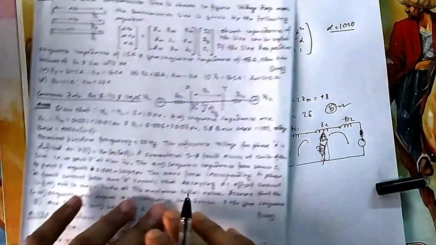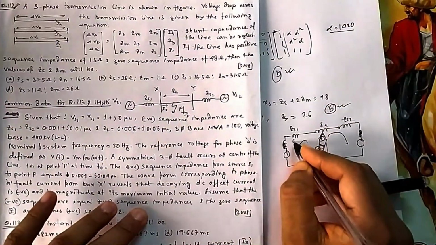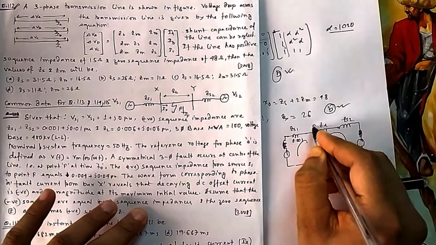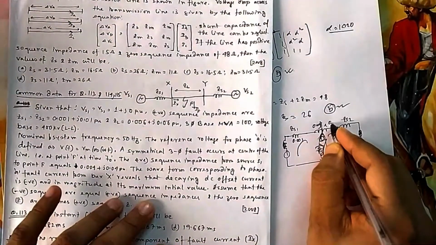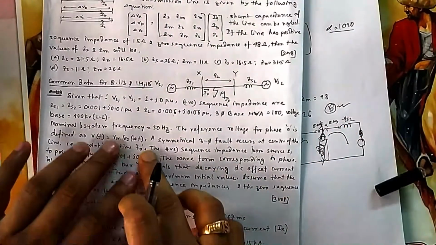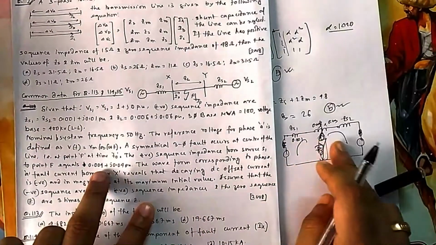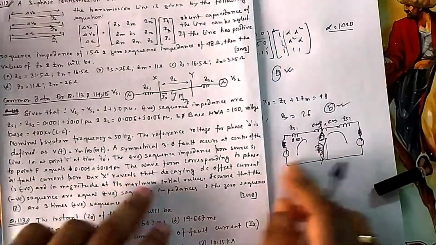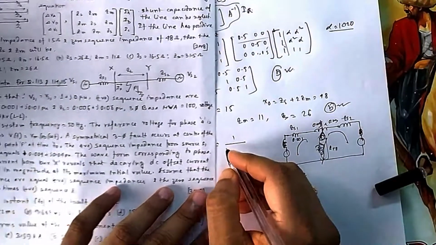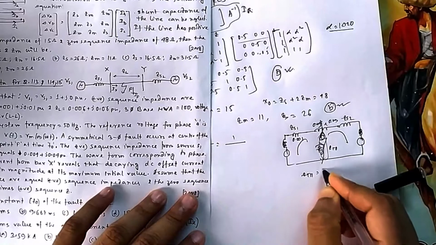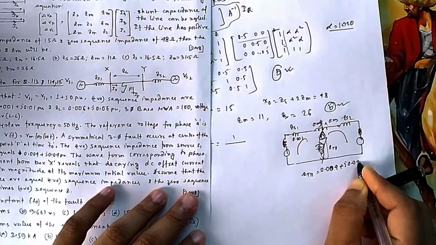Both sides are the same, 0.004, 0.002 here also, because it is 0.001 and this portion is 0.0, because half of this one will come here, 0.003, and 0.003 will go this side, half of this one. This side they have already given from here to here, so from here to here it will be the same. So what will be your ZTH? Your ZTH will be half of this one, 0.004 plus j0.04 divided by 2.